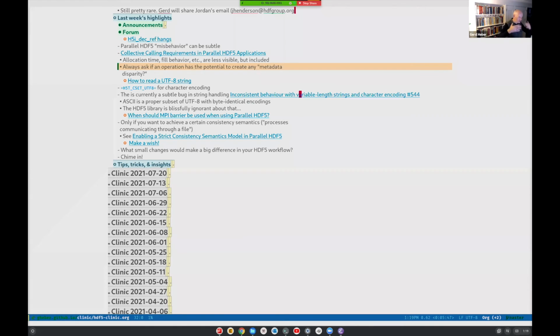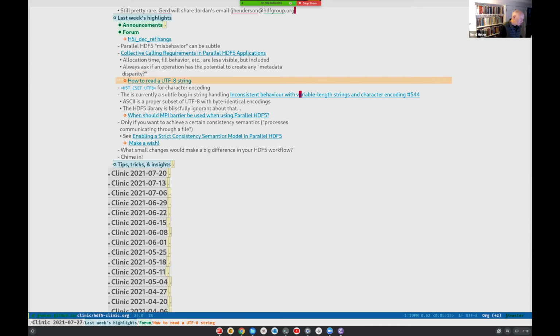So this is all I can say with respect to thinking about what are potential side effects in operations. And yes, there is this wholesale list that says here are the collective calling requirements for these operations, but that doesn't mean that there are not potentially subtle corner cases where that list is unfortunately not complete in a